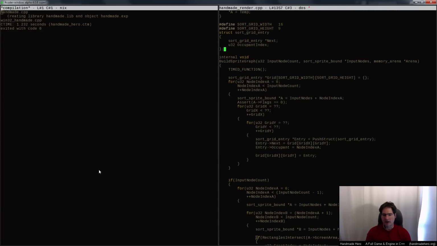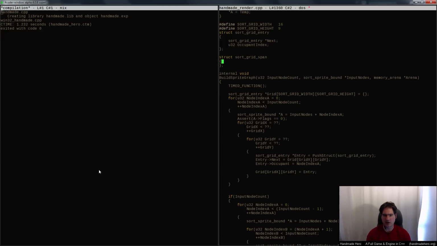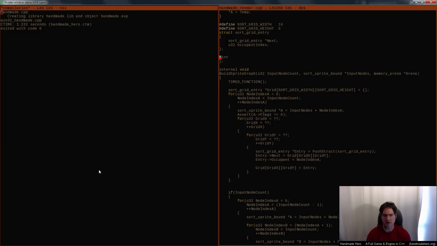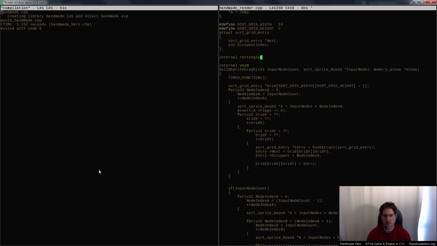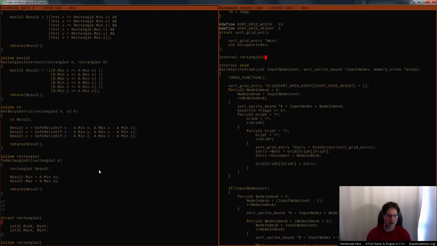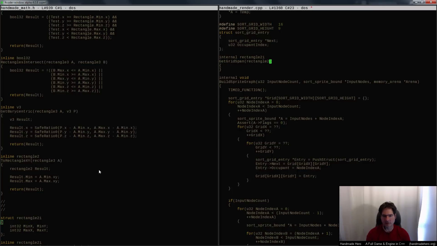All right, so let's take a look here, though, because there's another thing we actually need to do, which is the grid X span situation. We need to compute that stuff. So this is grid span, I'm going to call it, which is a way to compute these numbers here. So this is like a min X, min Y. Well, you know what? We already have this. It's a rectangle 2i, isn't it? So this guy right here is exactly what we want: a min X, a min Y, a max X, a max Y. So we need something that's going to give us the span for this screen space rectangle. So this is like get grid span, and it's going to take a rectangle 2. That's just the screen area, right? And it's going to return